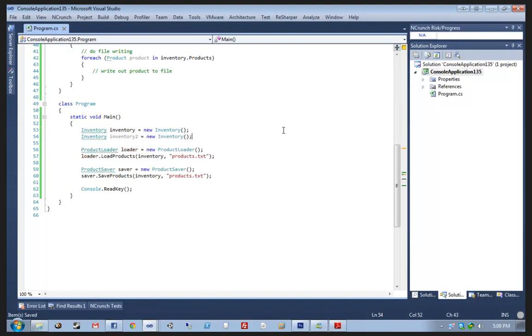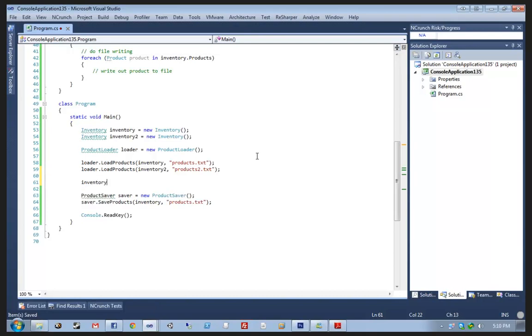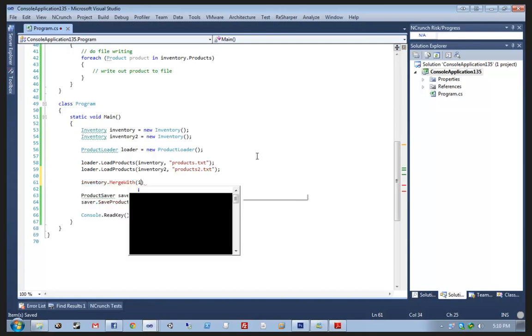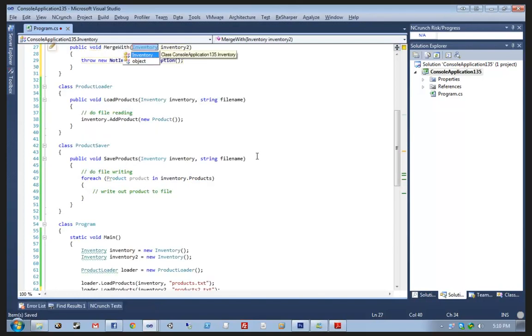Maybe we wanted to write code that took one inventory text file and merged it with another inventory text file. We could express this code by creating the 2 inventories and then loading the 2 inventories from different files, and then we can say inventory dot merge with inventory 2. And of course, merge with is a method that I haven't created yet, but if I did have it in here,